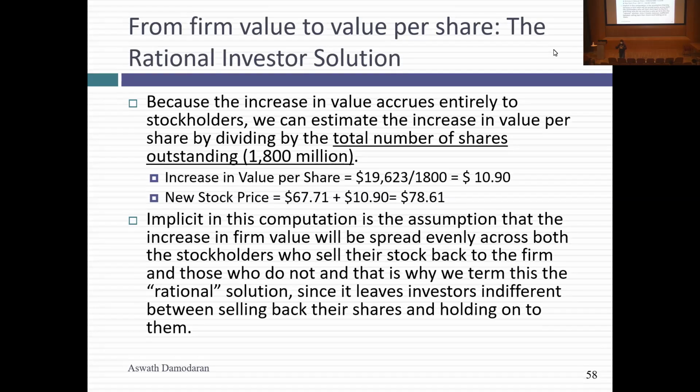In other words, if I take the 19.6 billion and I look across all of the shareholders, I want both people selling their shares back and the people remaining to get the same shares. I'm going to call that my rational solution. In a minute, I'll explain what I mean by rational. I want to make you indifferent between selling your shares back to me and staying as shareholders. It actually makes my life very easy if I take that path, because I can take the $19.6 billion increase in value and divide by the total number of shares outstanding, even though I'm going to buy back some of the shares. That increase in value is $10.90, and that added on to the $67.71 gives me a price per